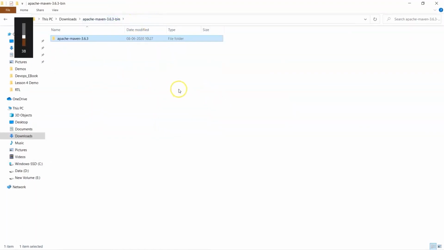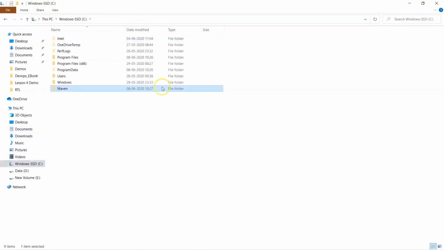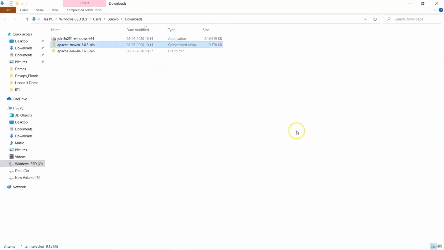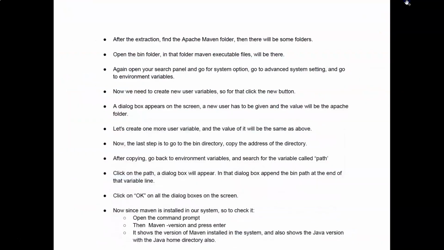Once the extraction is done, I can rename it to Maven, and I can cut it and put it into the C drive here. Now this is the Maven home path which is going to be there, right? So all I have to do is close this one and this one and this one